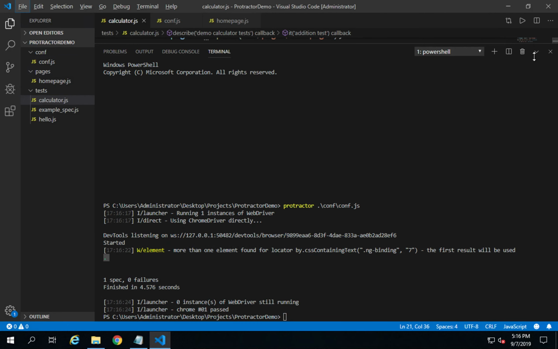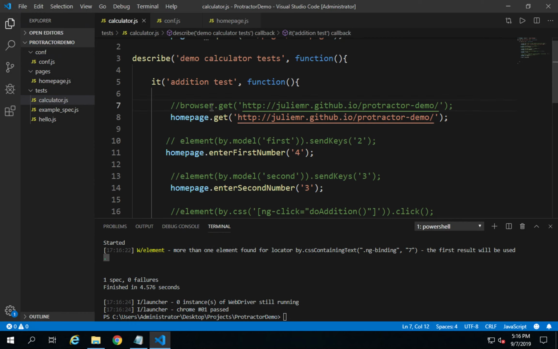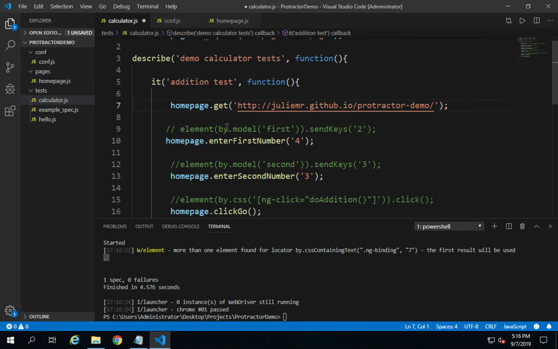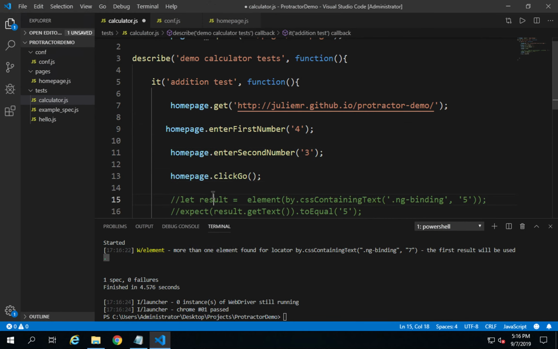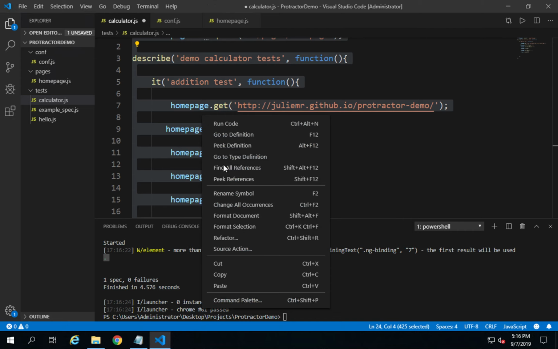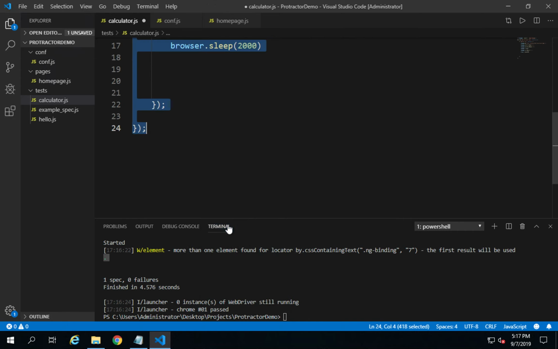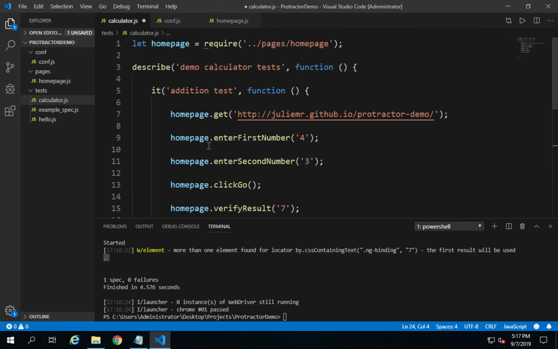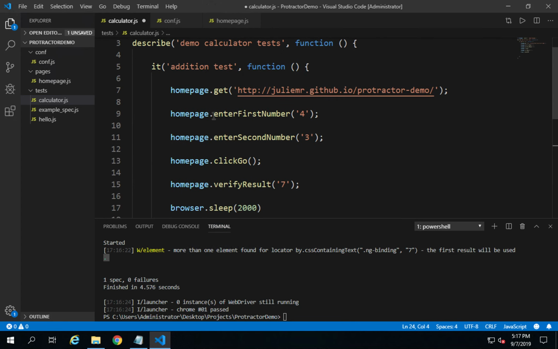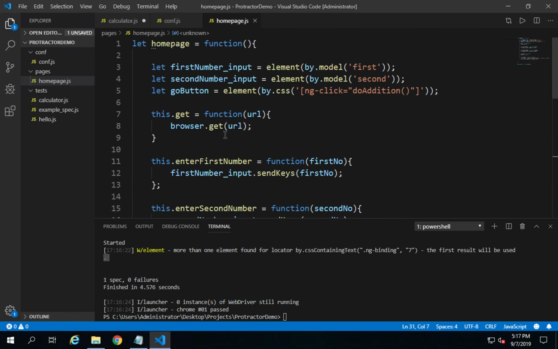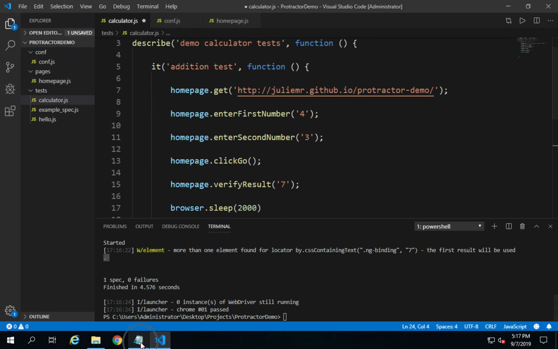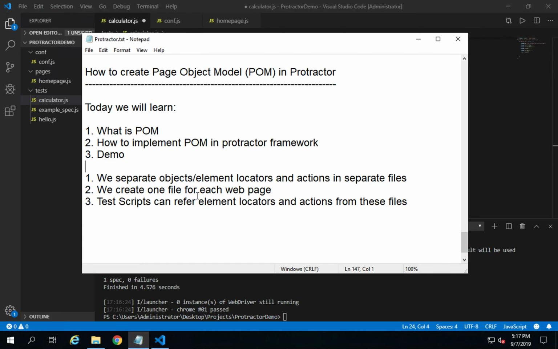So now we are able to do this, and even if I now delete all these statements that we do not need, that we have commented out, and I will also select everything and do a right click, and I will say format selection. So now everything is formatted, and you can see how clean our test looks like, and it is very easy to maintain and enhance. If I have any changes, I can just go to the homepage.js and make all the changes at a single location, and this is how we can achieve page object model design in our